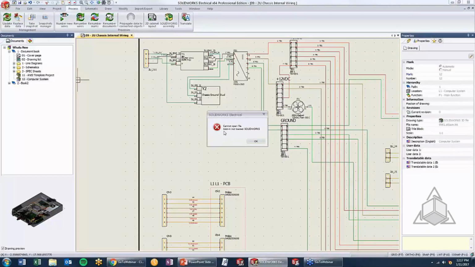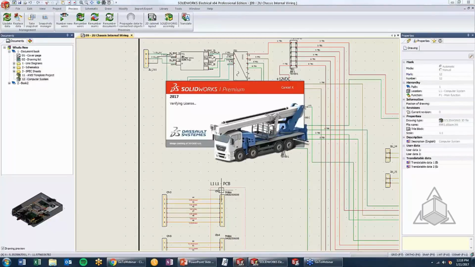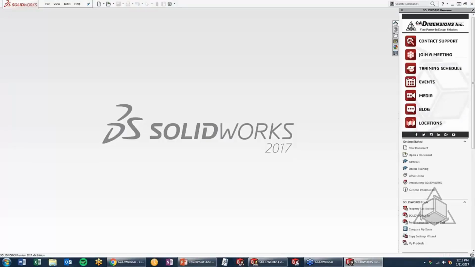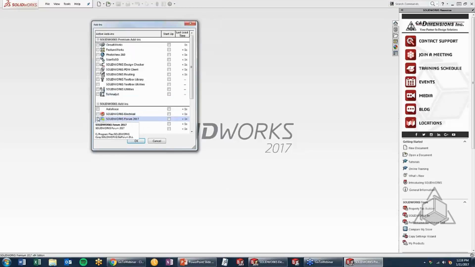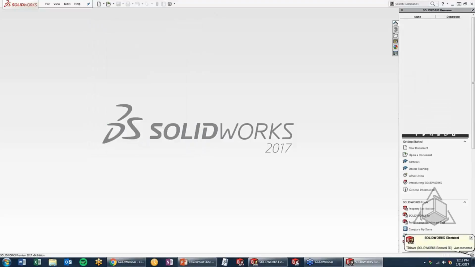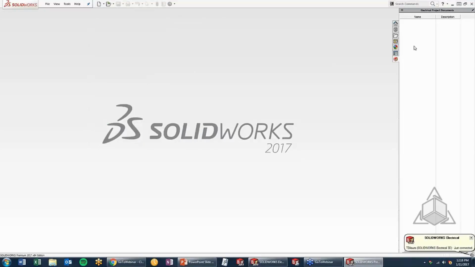So now what we get is a prompt saying your electrical 3D add-in is not turned on in SOLIDWORKS, so I can't open this file yet, which I actually find beneficial because I used to be able to launch SOLIDWORKS. You could start manipulating something, and you'd realize that your electrical tab wasn't turned on, and you'd end up closing down SOLIDWORKS, adding your add-in like I'm doing now, so selecting our electrical add-in, and then relaunching your assembly